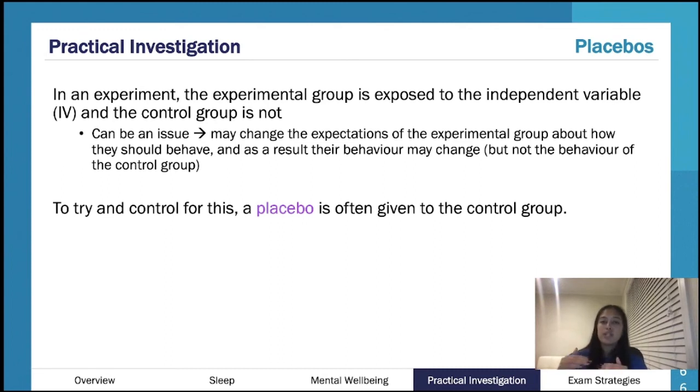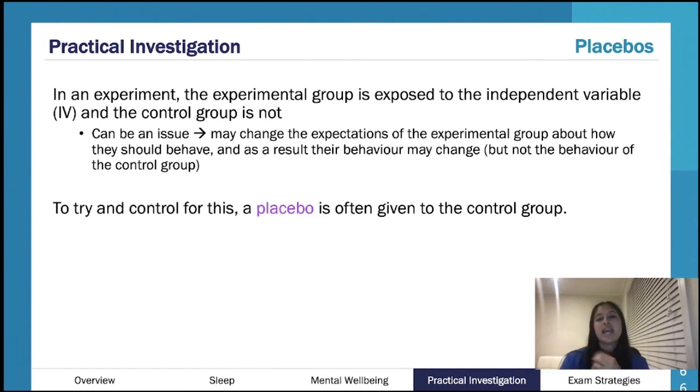So maybe the drug will improve their symptoms by 5 points. But that act of, okay, I'm taking a drug, so I think I should be getting better, that extra mental psychosomatic thing, maybe that means that they rate their symptoms a 9. They say, okay, my symptoms improved by 9 points, when in reality the drug has helped a bit, but the idea that they're taking something has lulled them into this false idea. So what you're doing by giving the control group a placebo is getting rid of that discrepancy.